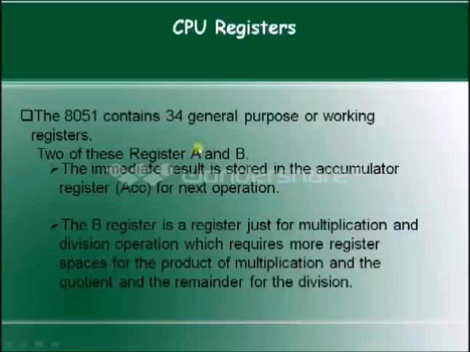Okay, and many of the instructions will also perform the implicit operation only on the accumulator register. Okay, and the B register is used for storing temporary data, and the main usage of this particular register is in case of multiplication. In case of 8-bit multiplication, we'll get the result as 16 bits, but as the size of A is 8 bits, the remaining 8 bits are stored inside this B register. And in case of division, we'll get quotient as well as remainder, so the quotient would be stored inside A and the remainder would be stored inside B. So that is the use of this B register.